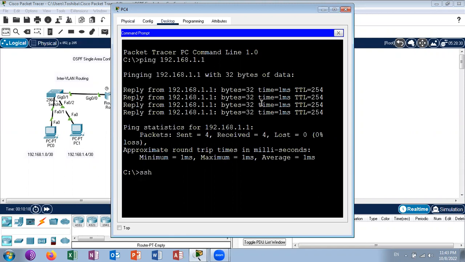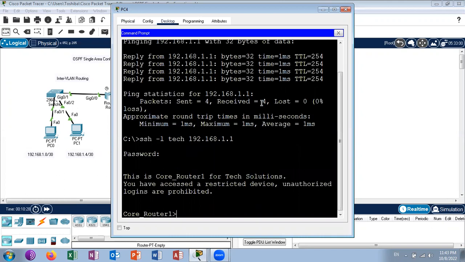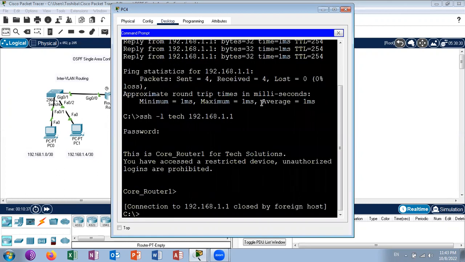So if I try to take the SSH, I can SSH from any device. But if you want to permit only some devices to do the SSH, so that they can still ping this device but are unable to take the SSH,